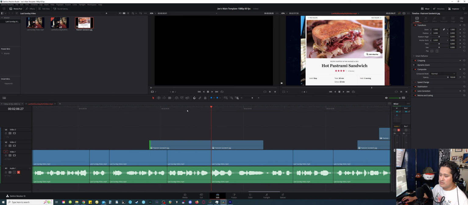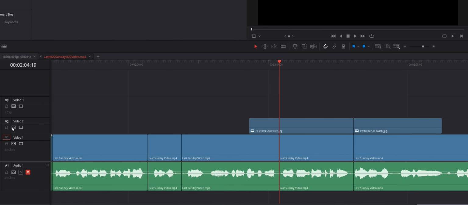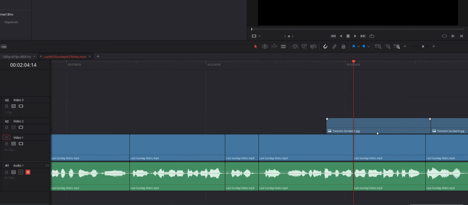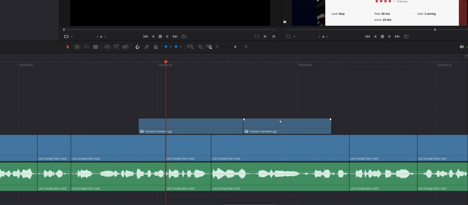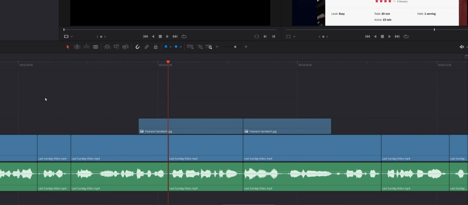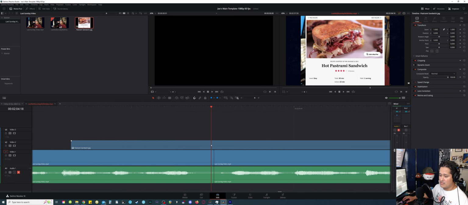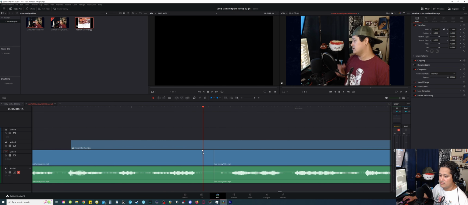You're able to do the same thing in the sense that if you remove the auto track selector and you start doing a ripple trim, it's gonna ignore this layer as well, right? See that? But it's gonna not ripple trim everything back, and it's going to get everything out of sync depending on what you're doing, right? So just keep that in mind, that once you start, like if you disable the auto track selector and then you have an image at top, and if you want to do a ripple trim, that's going to happen,